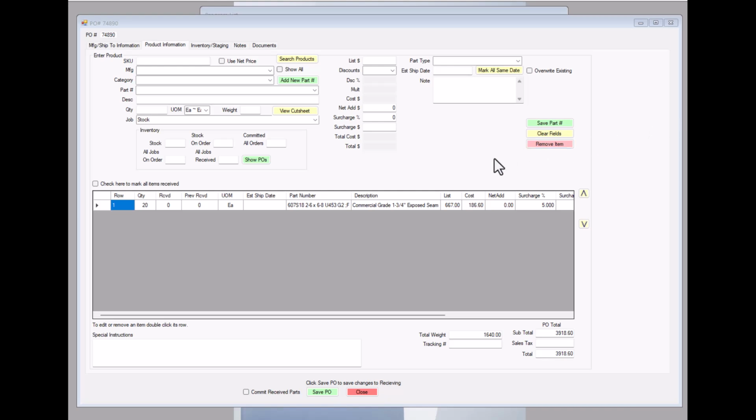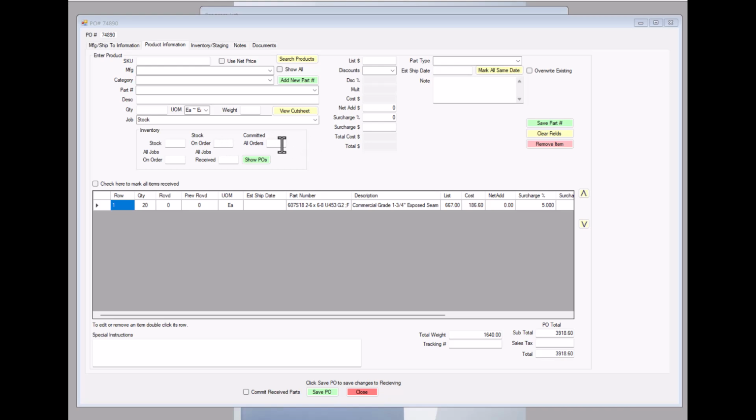In this tutorial we're going to cover working with inventory on a purchase order, and that would be this section right here for inventory. Whenever you select a part number from the drop down, or when you're editing a product item here, it's going to populate these fields with the number of that part number that you currently have in stock as inventory, the number that you have on order for inventory,